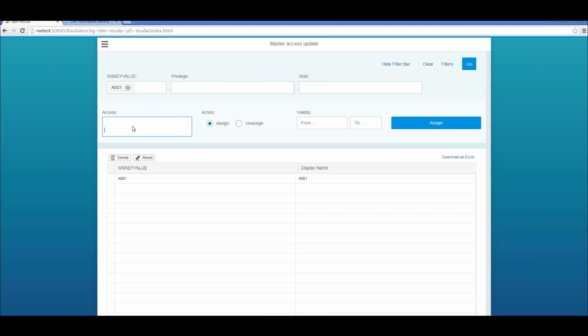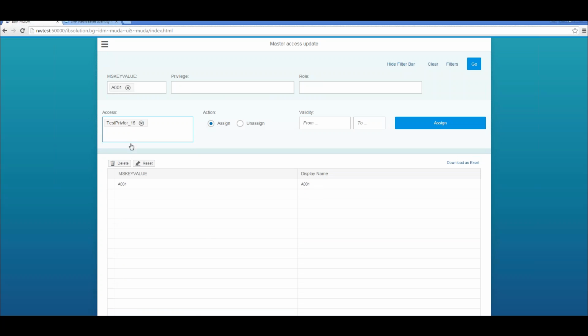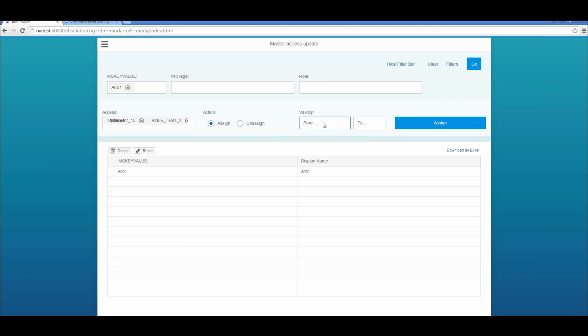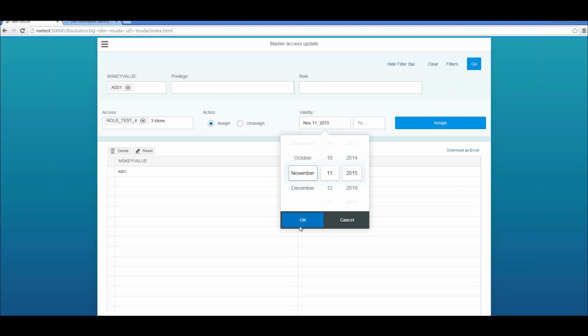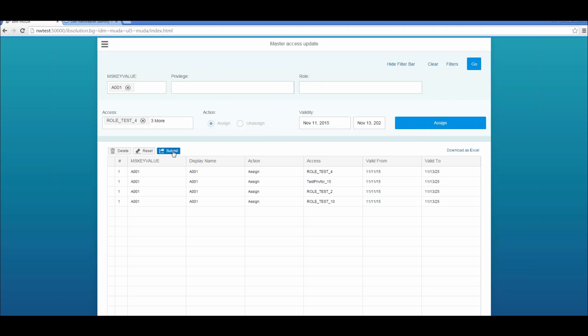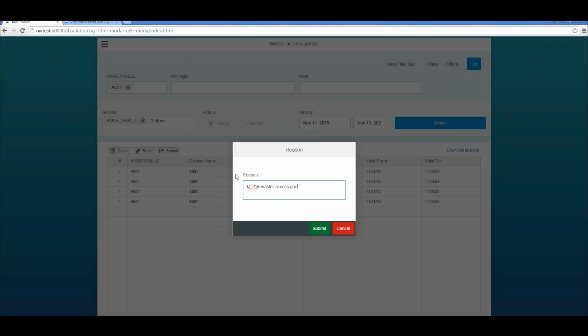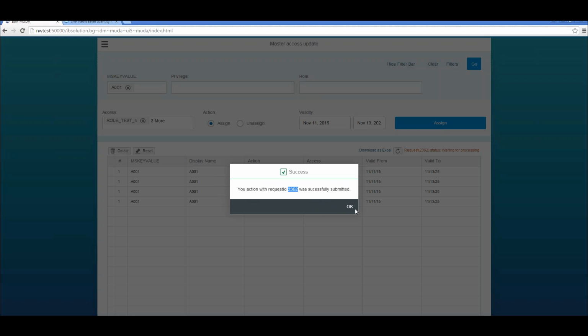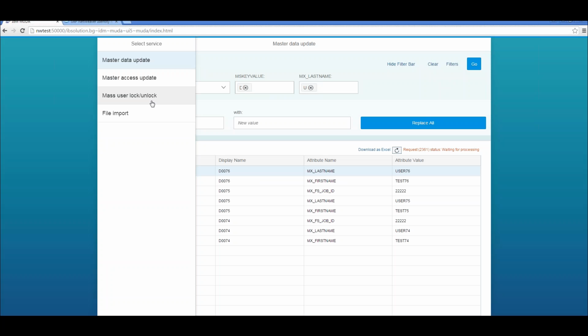First, we start by filtering the users we want, then the access we want. We will select the action. Now we are doing an assignment. After we are ready with our request, we can submit this request.